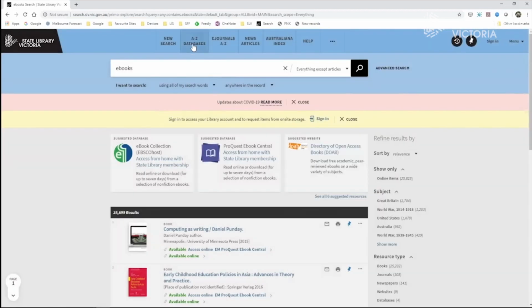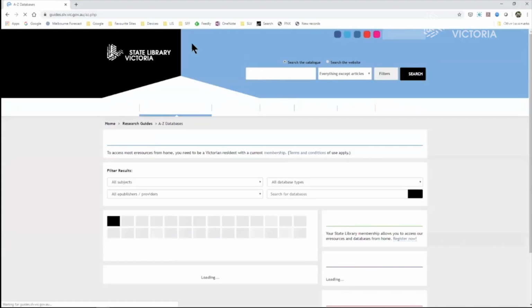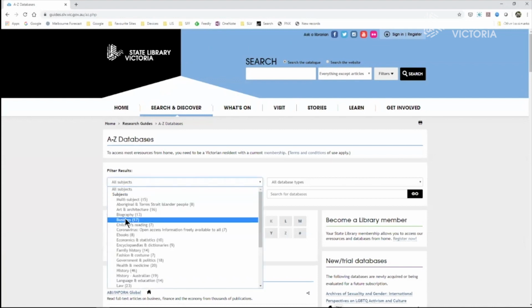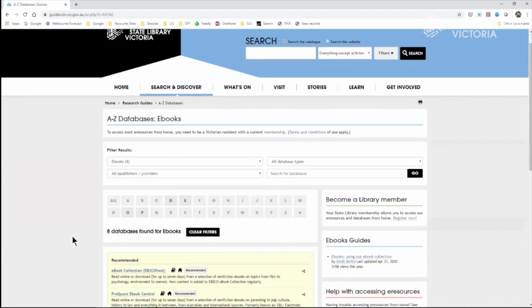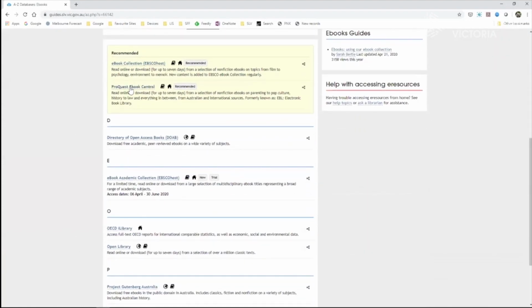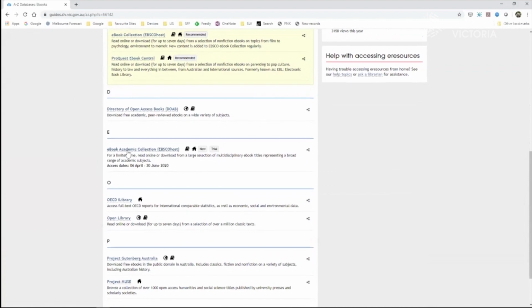There is one further option that you may like to encounter. So when you're on the catalogue, if you click the A to Z databases link, and then from the subjects list, choose ebooks, you'll see here a similar set of options. So again, you can go to the EBSCO or ProQuest platforms. We've got links to the others that I've just mentioned, but we also have, as a trial basis only, access